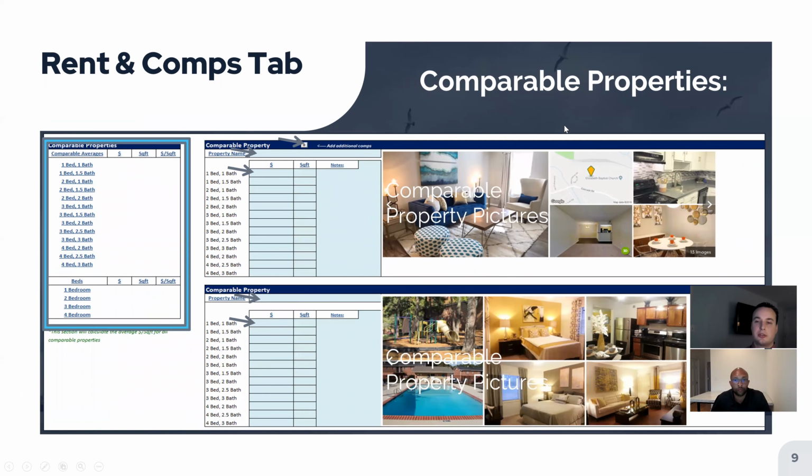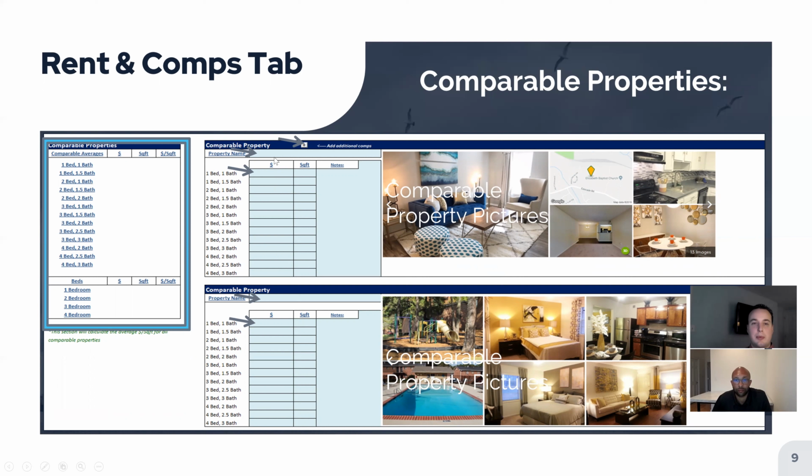The comps portion is where you start to think about what the comparable properties are for the property you're looking at, right? It's good to have an idea of what the rents are in the area and what you want the rents to be. But at the end of the day, you want to validate that. You want to look around and see what other properties that are really similar to your property are charging. So this is where you put that information in, and how we do it is: